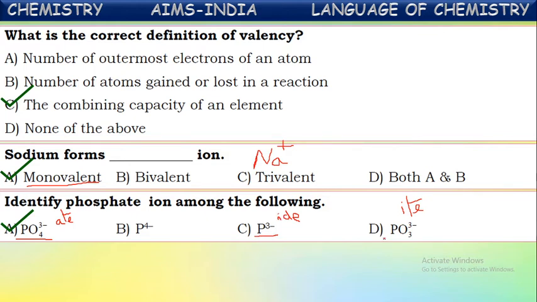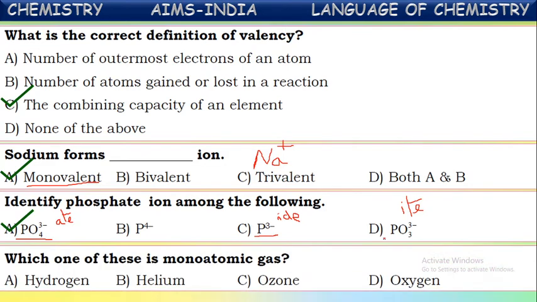Okay, this is about phosphate ion. Phosphate ion is PO4 3 minus. Next one,